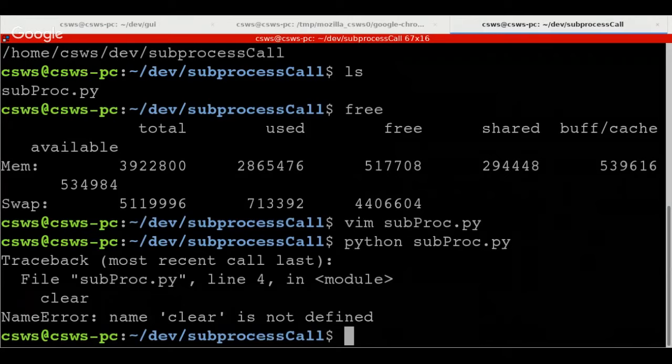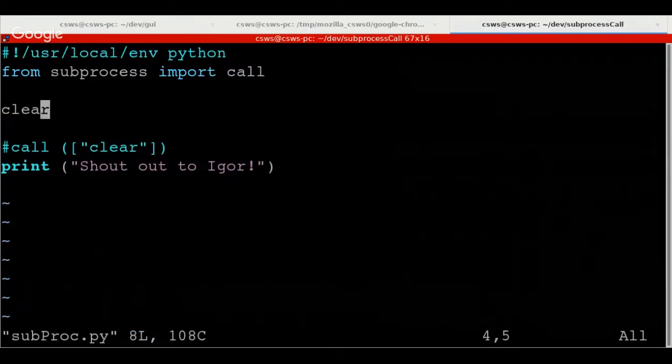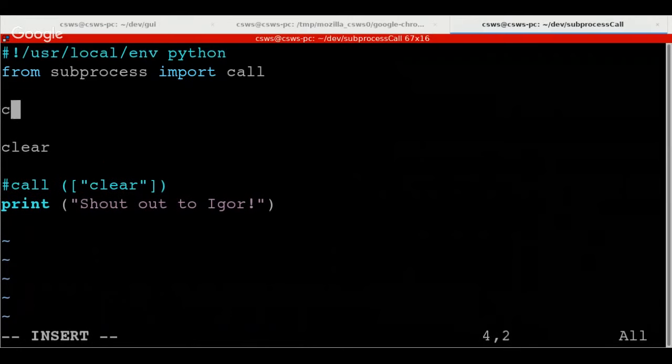So I'm not sure of all the things that the Python interpreter will do with a string like we typed in, clear, but I know that one of the things that it definitely would do is try to see if that is a variable. So for example, if I had done something like clear equals and then say Nick rocks,